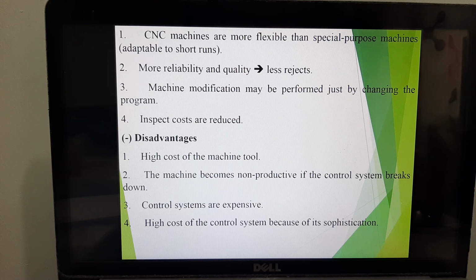What are the disadvantages? High cost of the machine tool. The machine becomes non-productive if the control system breaks down, and control systems are expensive. Okay, so in this case, what is the heart of the machining? The control system. The control system is the one that controls the sequence of the programs. So if the control system crashes, the machine becomes non-productive, and replacing the control system is